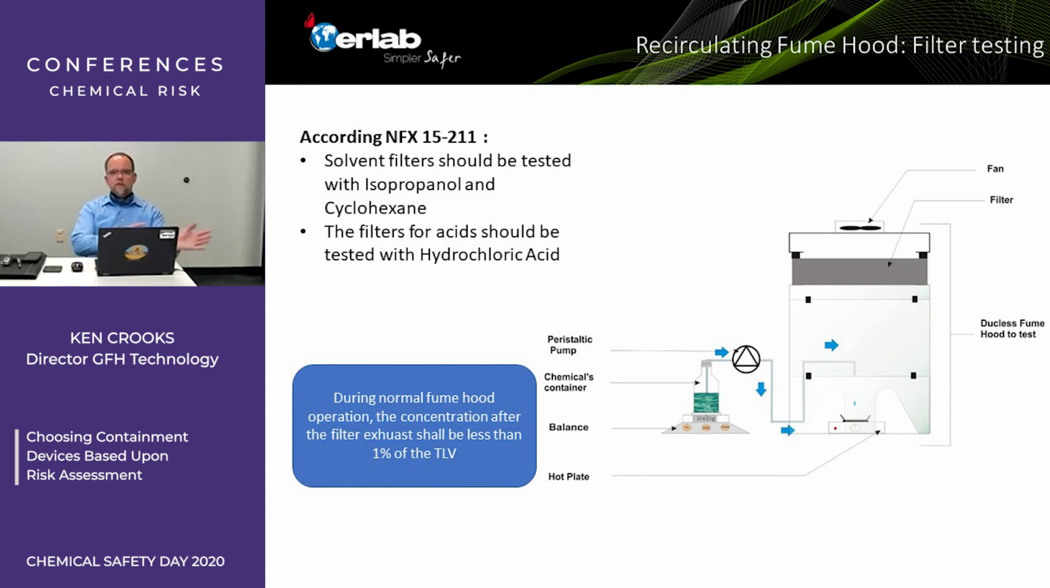And there are many different types of filters from different manufacturers, and you want to make sure they've been tested for your application and the chemicals you're going to use. The way to do that properly, as shown in this diagram here, is to generate a known concentration within the fume hood enclosure and then measure the air coming off of the filters, off of the top of the fume hood, and it should be less than, or needs to be at all times, less than 1% of that